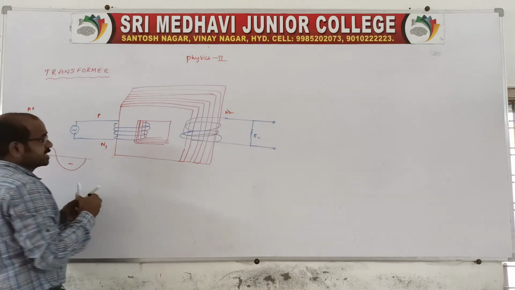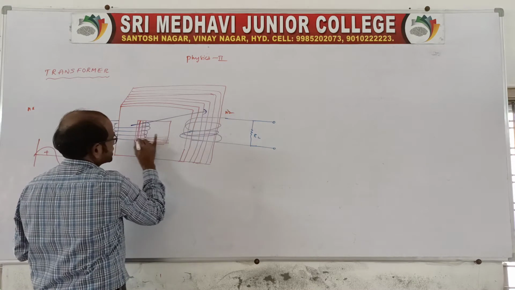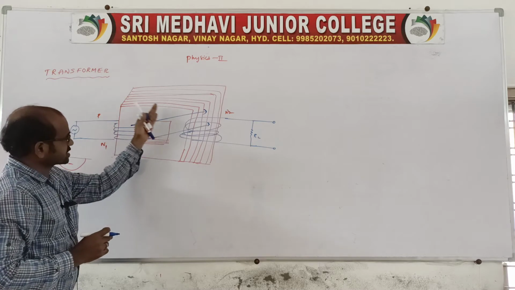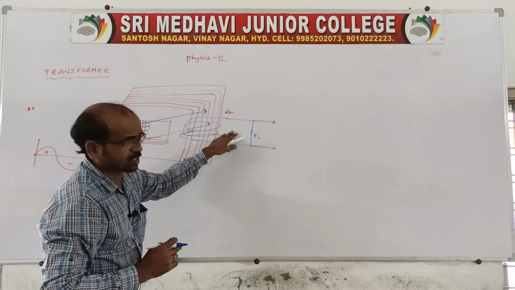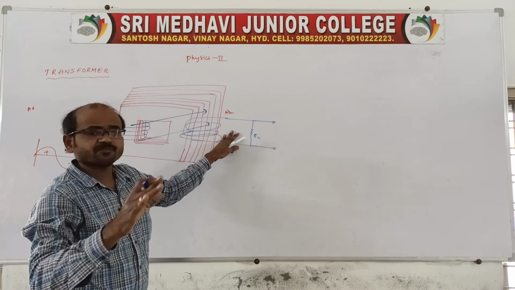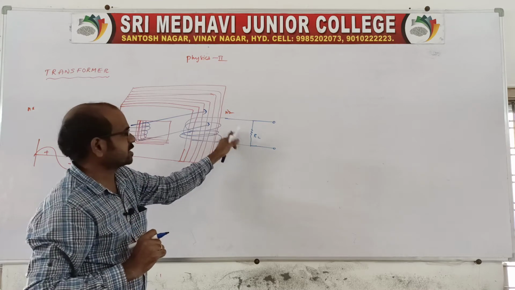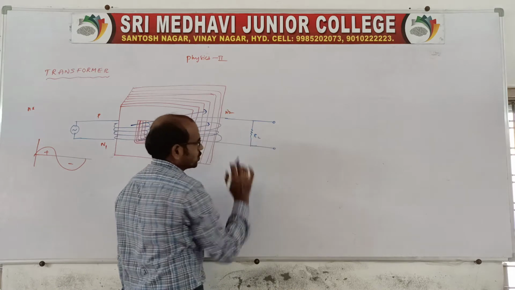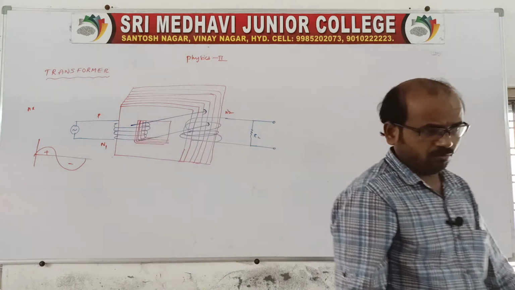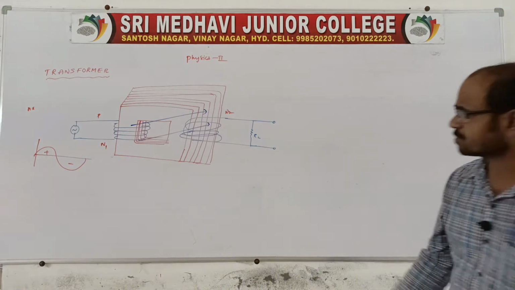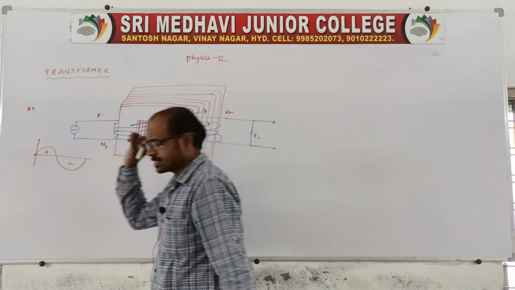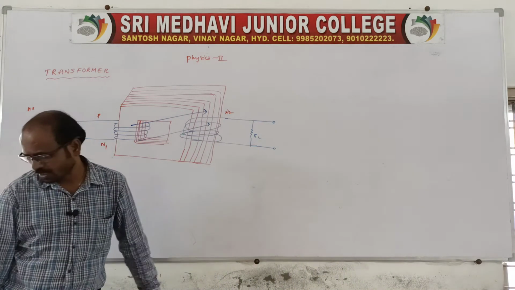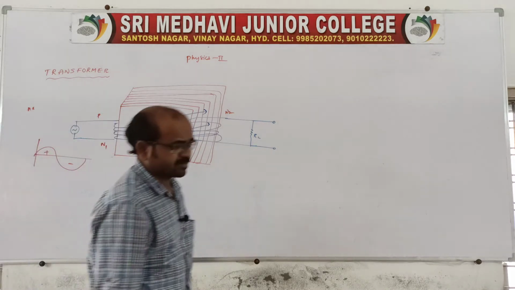Therefore this flux is linked with the secondary coil like this. The flux links because it is a laminated core, no? Therefore the flux flows and is linked with the secondary coil. When the flux is linked with the secondary coil, the EMF and the current are induced, which is to be obtained at a load resistance RL. You remember, this is about transformer construction and it works on this principle. Clear? Okay, now we have to derive an expression.